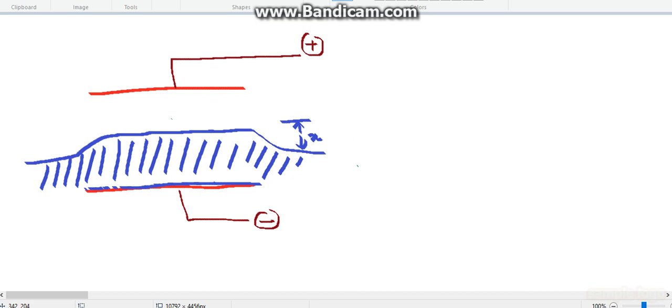In this lecture, we'll solve the problem where a liquid material is placed in a capacitor. This is a liquid material with dielectric constant K. We should remember some basic things. Whenever you place a dielectric in a capacitor,